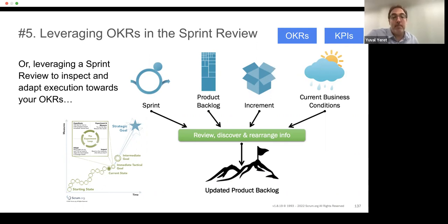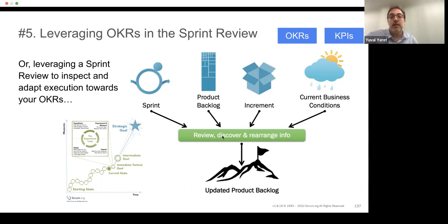We can also map OKRs to product goals. So especially if we create a team that's focused around an OKR, it should be an easy mapping between the OKR and the product goal. If we have an ongoing team that maps to multiple OKRs in the organization, that would be a tougher mapping. But it's also a smell that maybe we need to think about, are we organized effectively to deliver value in the areas that are really important to the organization?